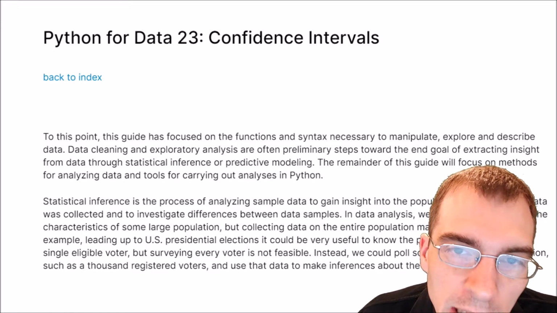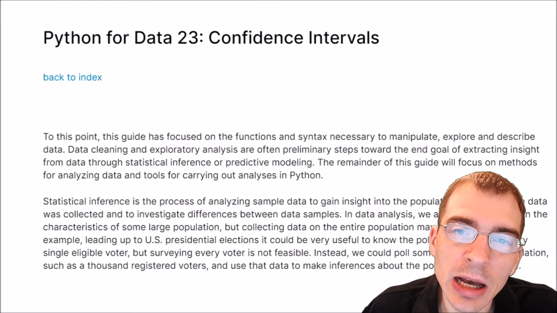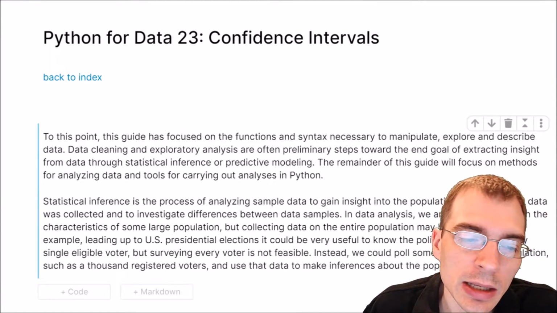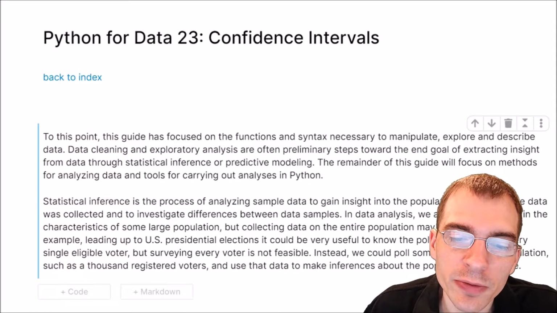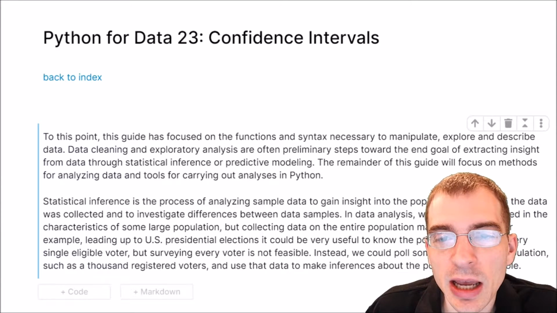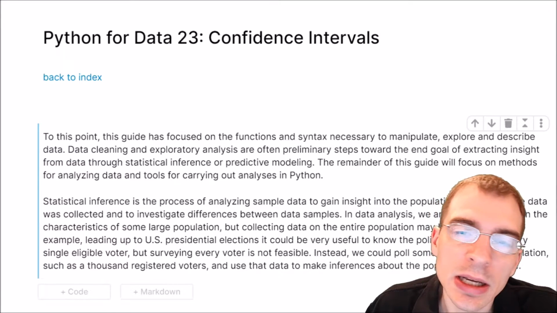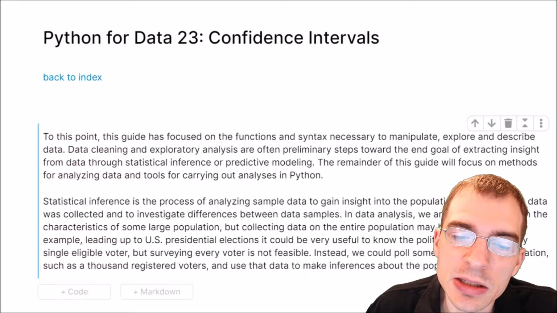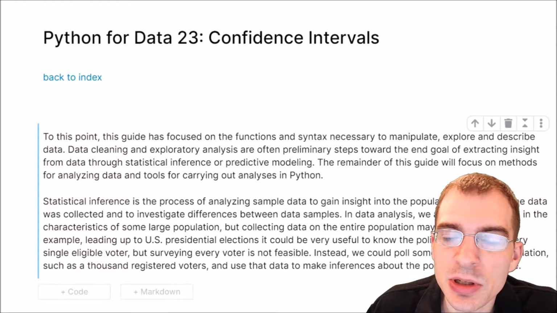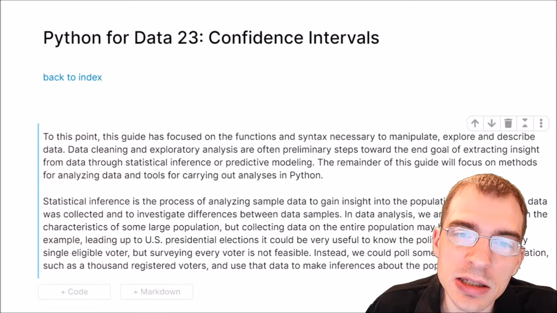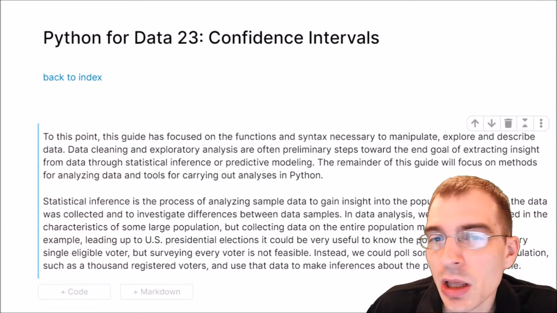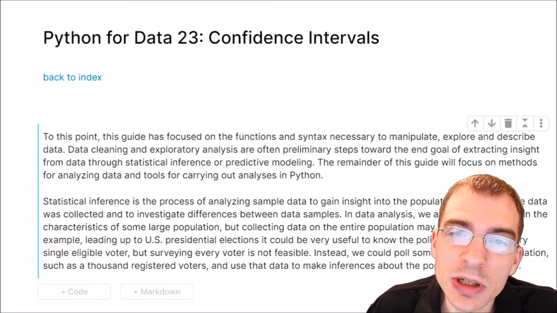Hello everyone. In this lesson, we're going to talk about confidence intervals and how to create them using Python. Now, to this point in this guide, we focused on functions and syntax necessary to manipulate, explore, and describe data. Cleaning data and exploratory analysis are often preliminary steps toward the end goal of extracting insight from data using statistical inference and predictive modeling. The remainder of this guide is going to focus on analyzing data and tools for carrying